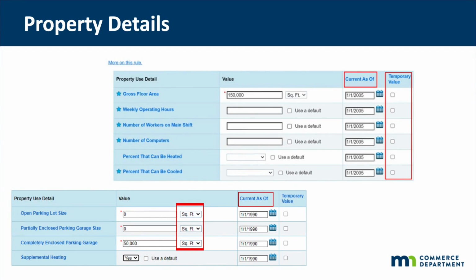Again, if you're unsure of what a specific field is asking for, just hover over the blue text to get a more detailed explanation. If you'd like more information about the field, select the text and you'll be taken to the ESPM glossary. When trying to determine the weekly operating hours of your building, think about the total number of hours during the week that the majority of workers are present. This is not the same thing as total